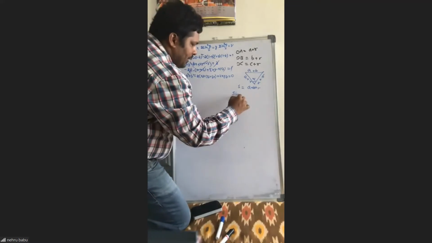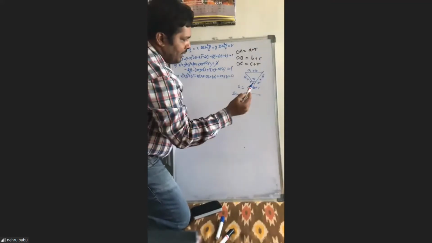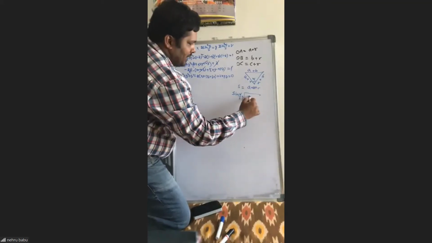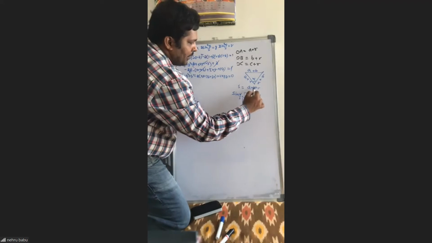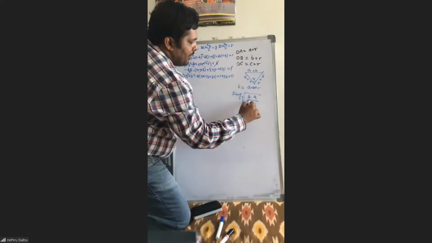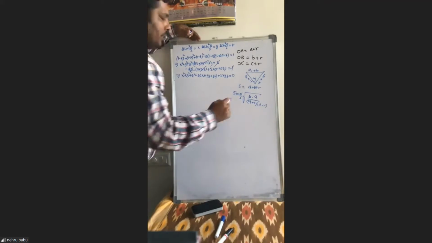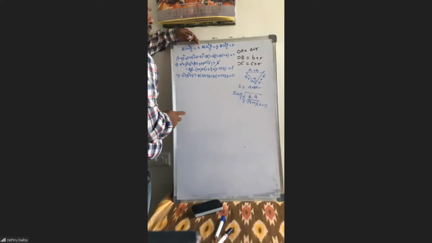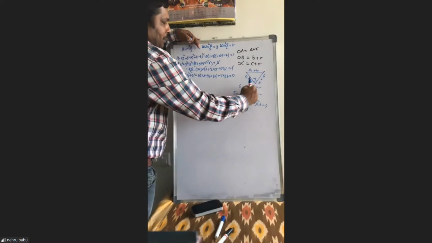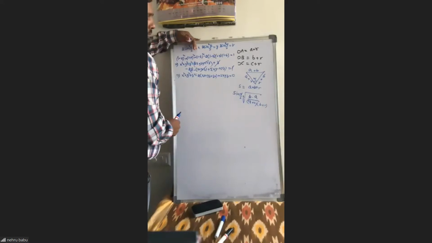Now what is the sin alpha by 2 formula? Square root of (s minus b)(s minus c) by ... Here s minus b is a plus b plus r minus b, which is a plus r, and s minus c is a plus b plus r minus (b plus r), which is a, by (a plus r) into (b plus r). I am just applying our half angle formula. If you take s minus b, a plus b plus r minus (a plus r) is b, and a plus b plus r minus (b plus r) is a, by (a plus r) into (b plus r). So this is sin alpha by 2.